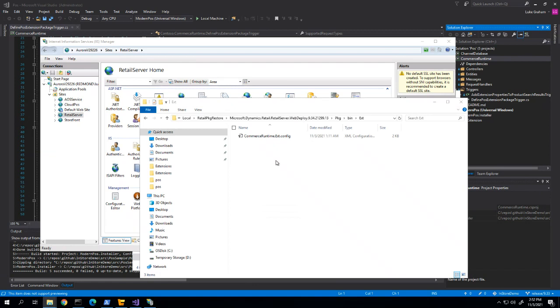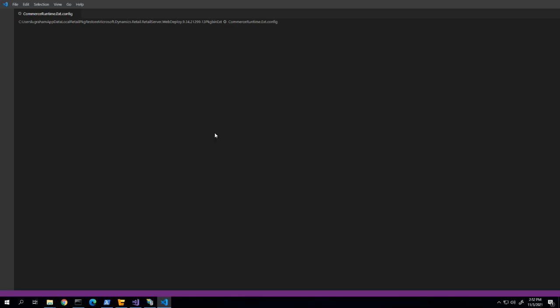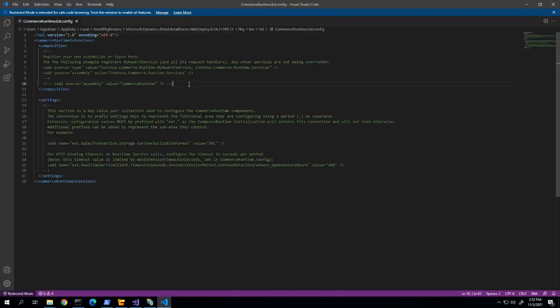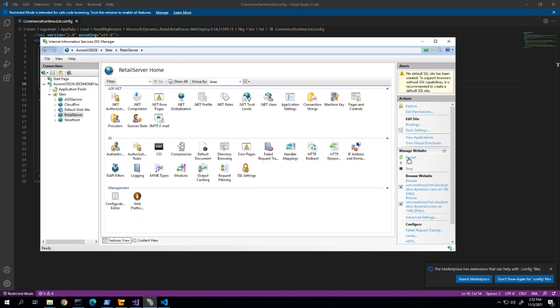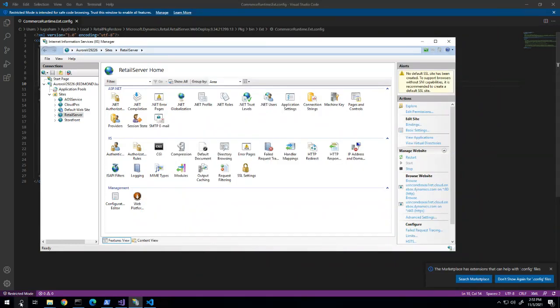So I'll go ahead and drop these, and open the config file. You can see here, I've already pre-added this. Go ahead and uncomment that line. That'll get our CRT extension enabled, and we'll restart the retail server website. Now with that done, if we relaunch POS,